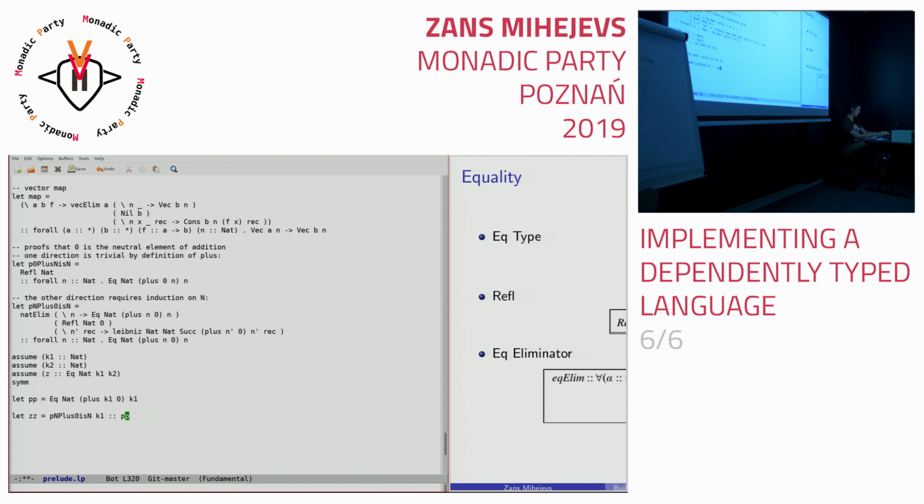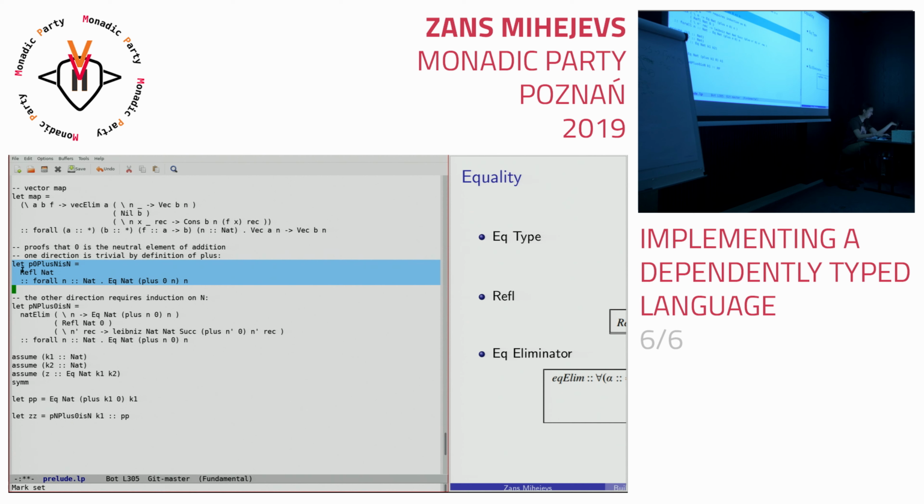So if you add 0 to k1, it's the same thing as k1. And then this proposition, PP, is a proposition, and you need to construct a term of this proposition, and that would be the REFL term. So in this case,